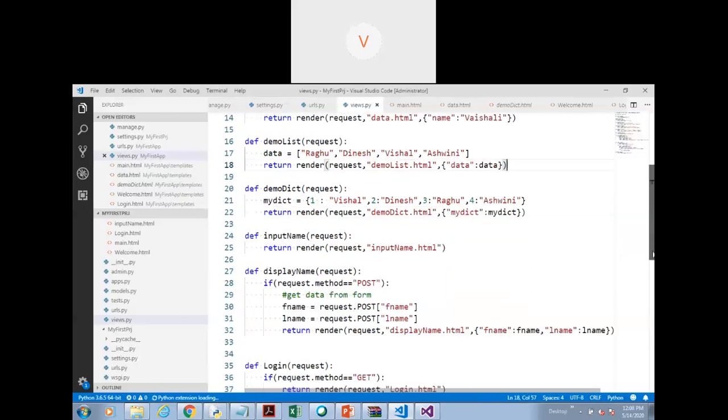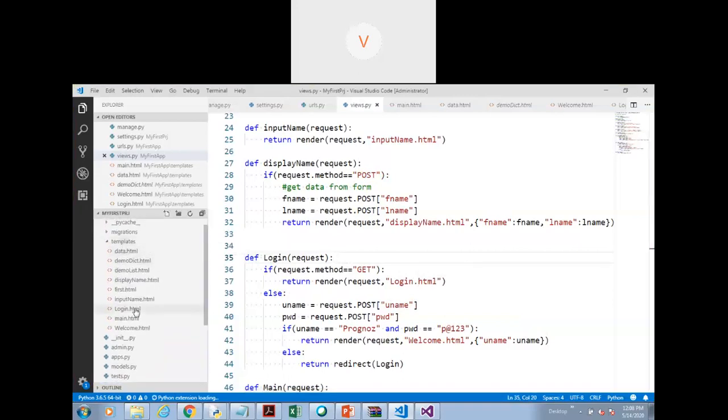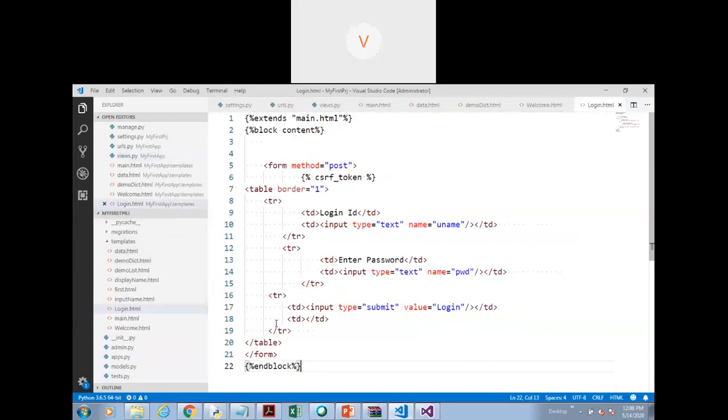Now as Ashwini has asked me to repeat the login part, so let's discuss the login form once again. First of all, we need to create the login.html file in our templates folder. So this is our templates folder inside which there is a login.html file. So here you can see we had created the form, and I told you whenever we are creating the form, we have to use a CSRF token method. Then this is the label to enter the username and then the password, and then we are submitting. We have used method equal to post, and in this example I'm using the same URL for the get as well as the post section.